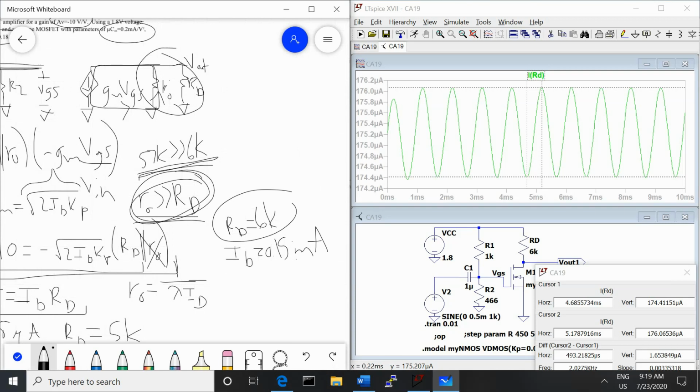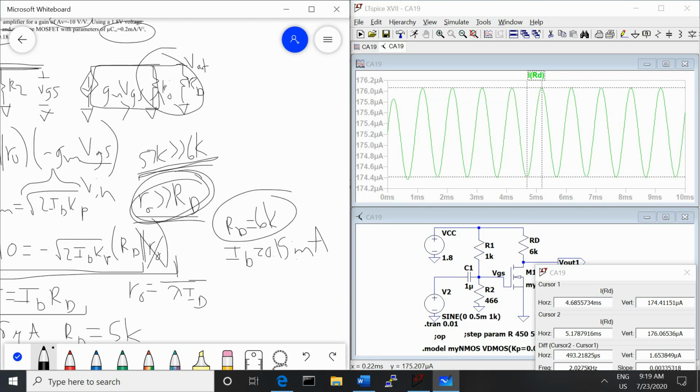Now 6K is what we actually used in our final RD. So in this situation, we adjusted for the fact that our assumption was not quite valid by just adjusting our final circuit values in